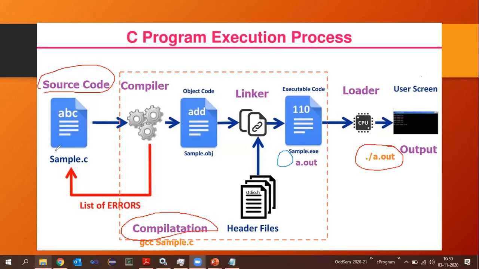First, a programmer has to write the code, right? Once the source code is written, it has to be saved as the name of the file with the extension .c, right? This much knowledge we have already acquired. Next, once the program is written, we have to go for the compilation. There is a spelling mistake here in compilation. I will take it out. Not to worry at this moment.